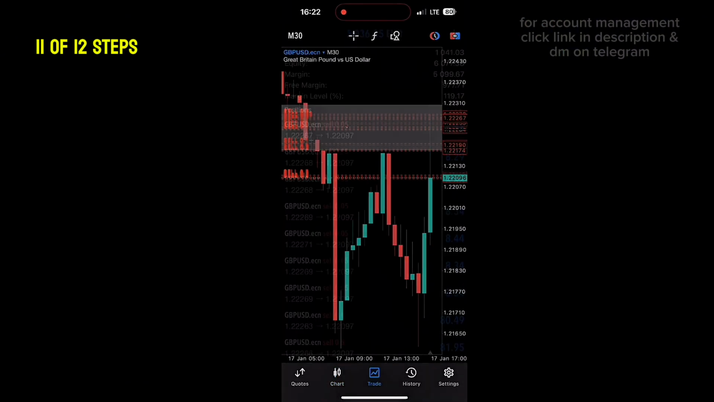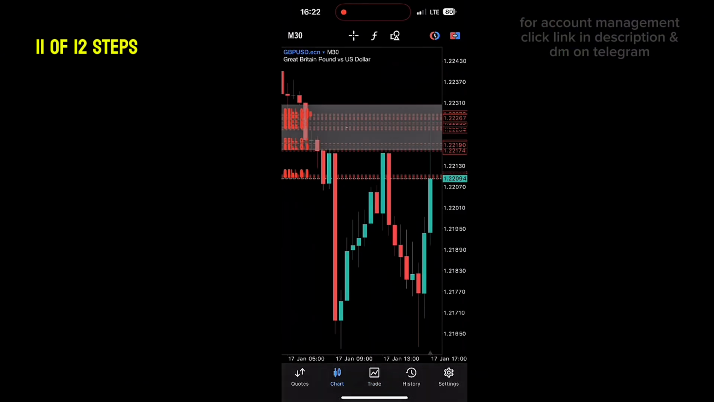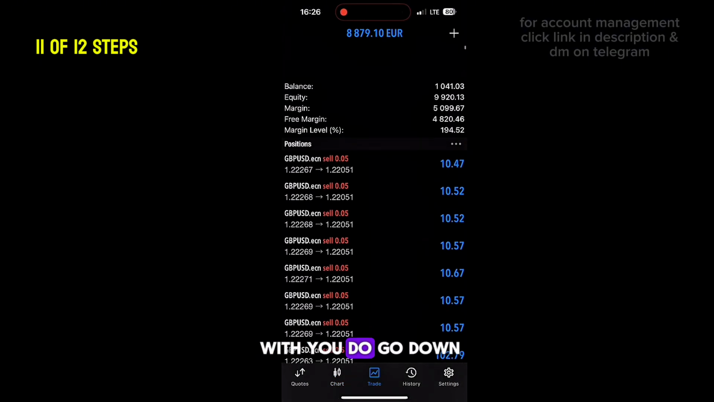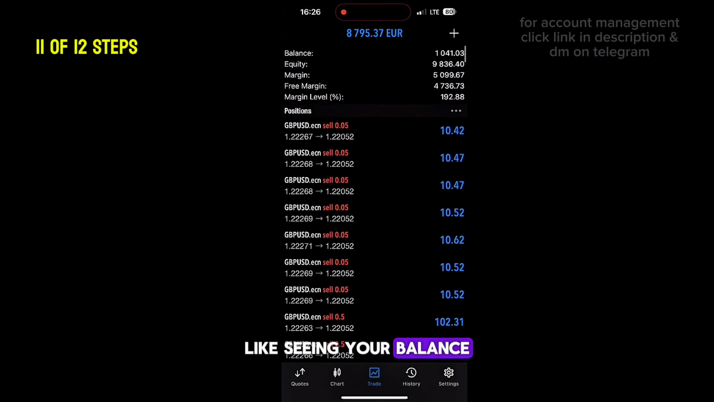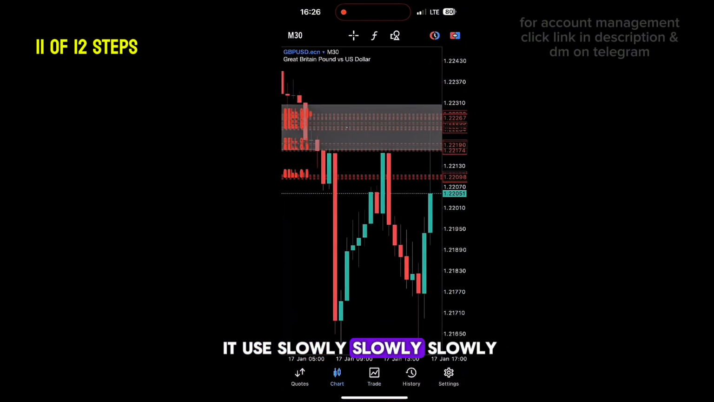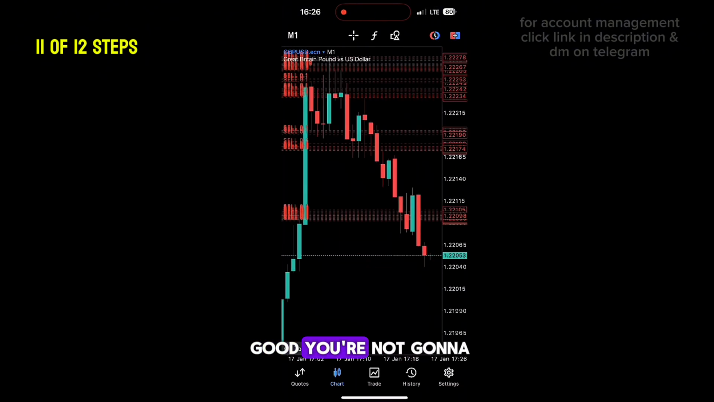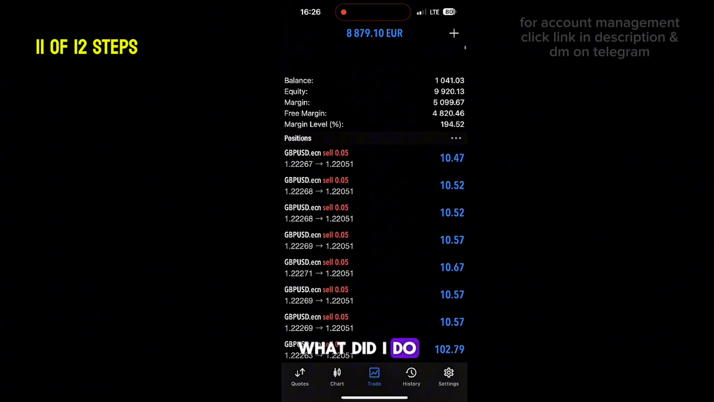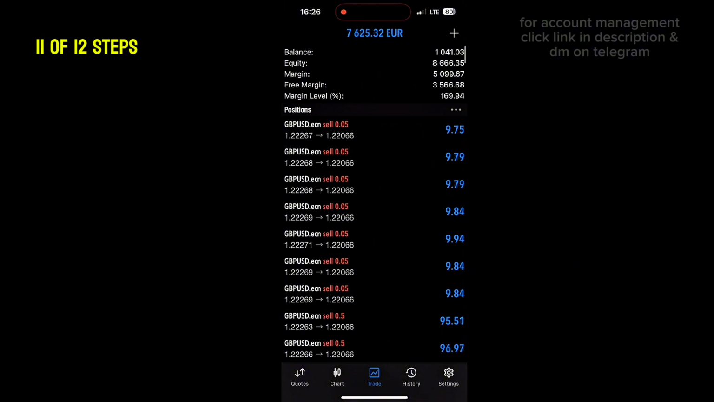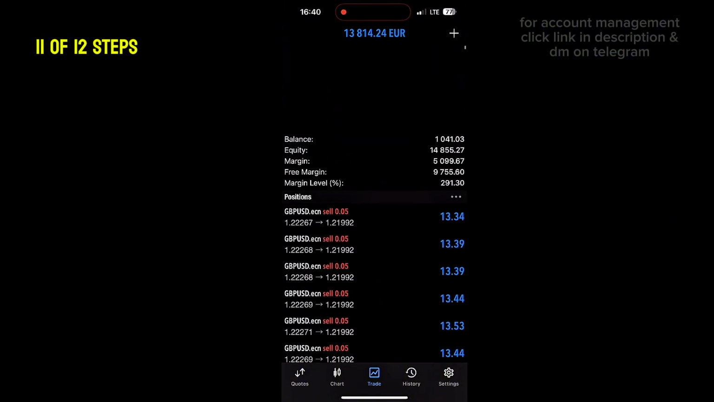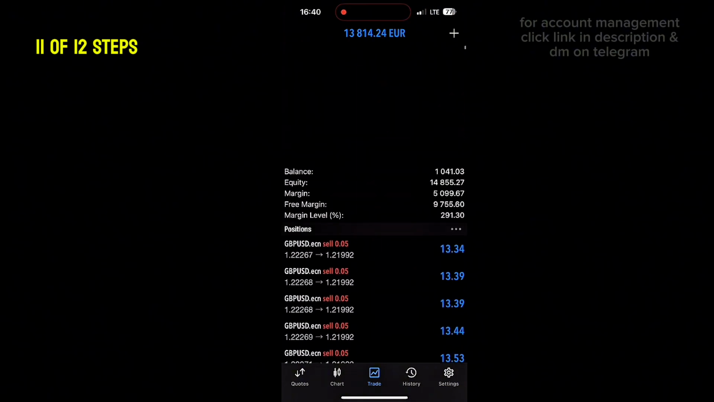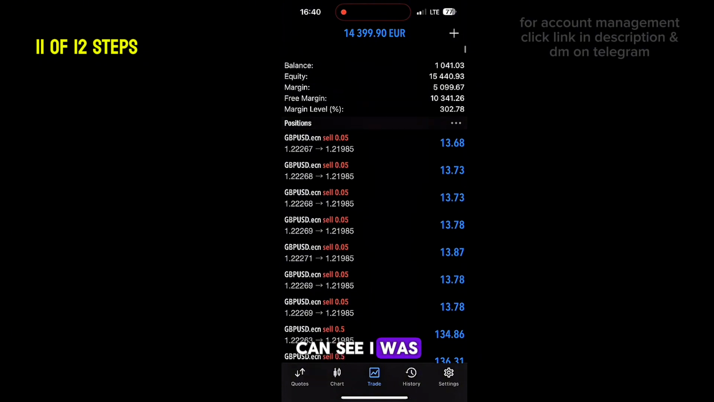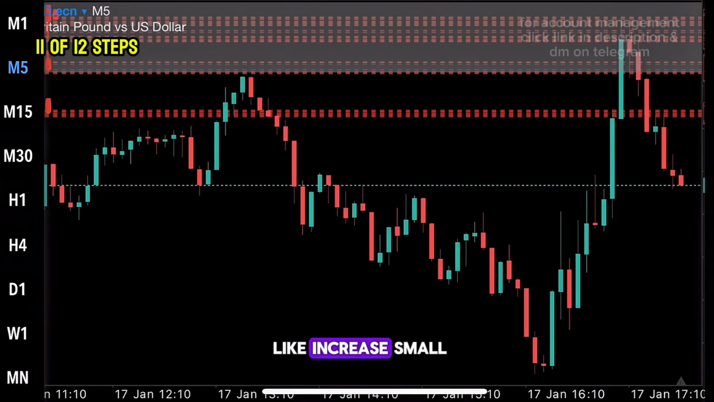But it's just the drawdown that is the issue. I swear to God, it's just the drawdown. If you are okay with the drawdown, like seeing your balance reduce slowly, I swear to God, you're not gonna have any issue. So you see, it was reducing small. What did I do? If you think it's over, you have no idea. I still hit it again. You can see I was waiting for it to increase small,